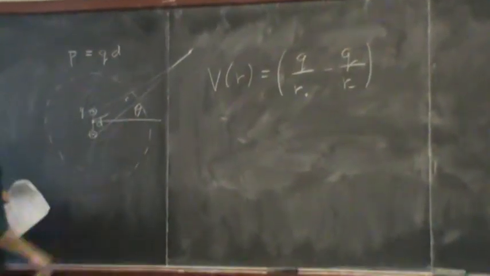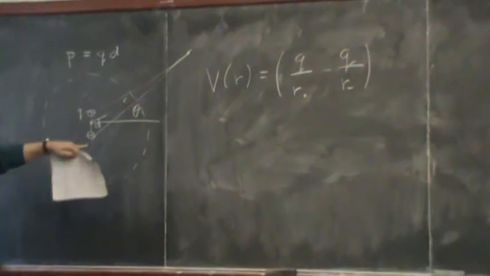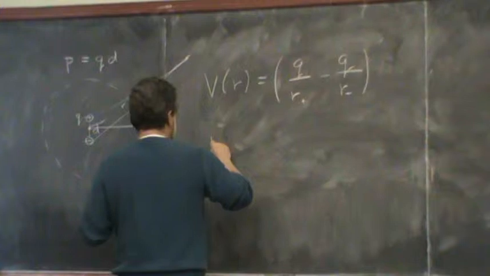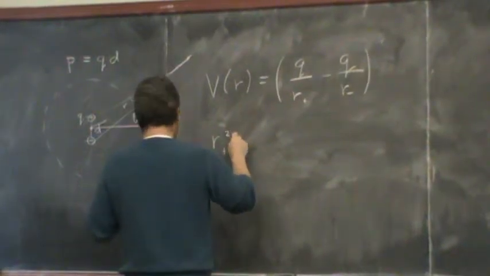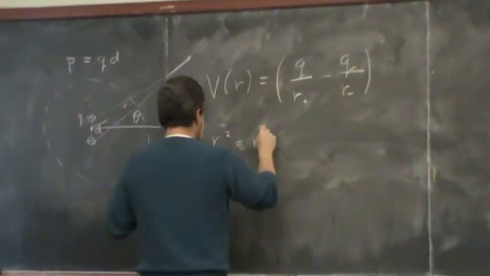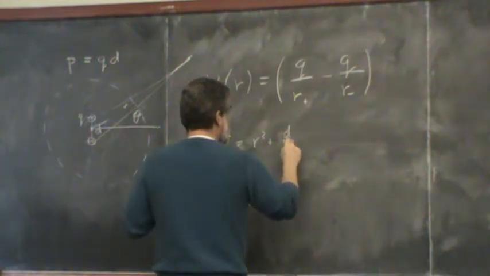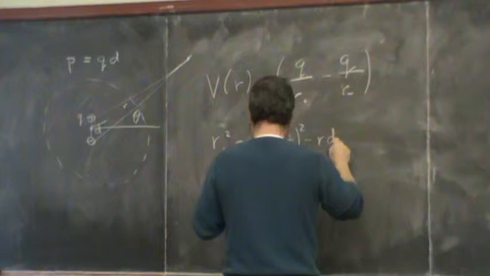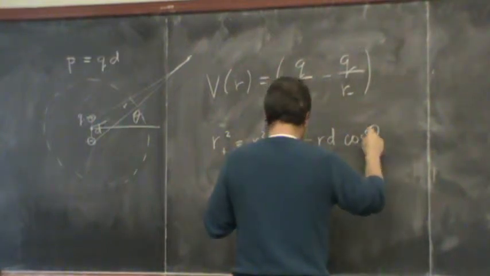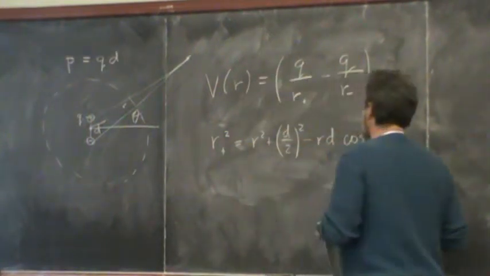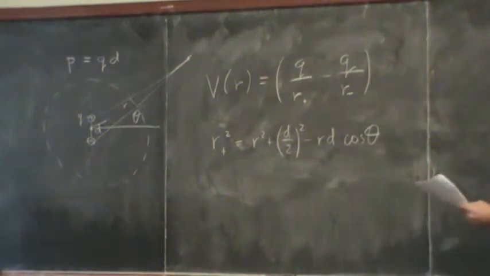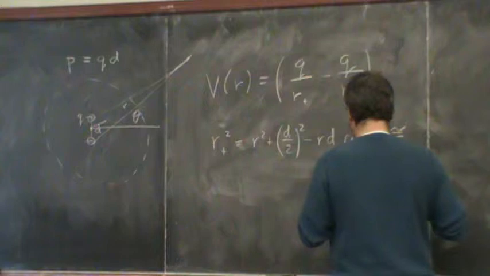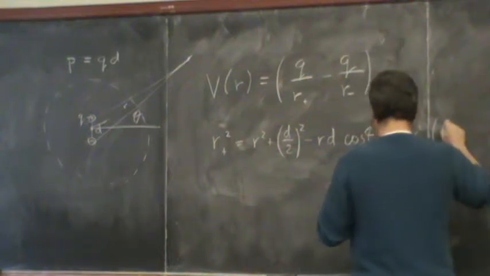So this angle is theta. Then I can work out what those distances are. I can use the law of cosines and end up with r plus squared equals r squared plus d squared minus r d cos theta, which is approximately equal to r squared times 1 minus